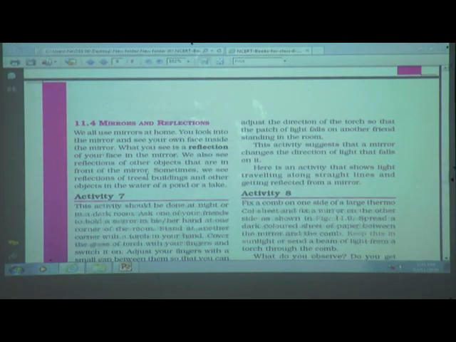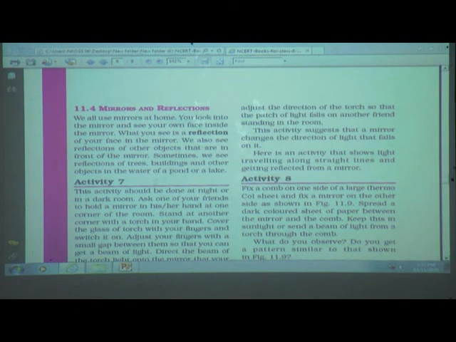We'll see textbook page number 112. See here students, mirror and reflection. We all use mirrors at home, isn't it? You look into the mirror and see your own face inside the mirror. What you see is a reflection of your face in the mirror.